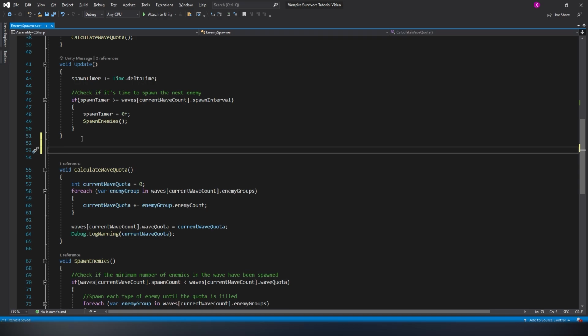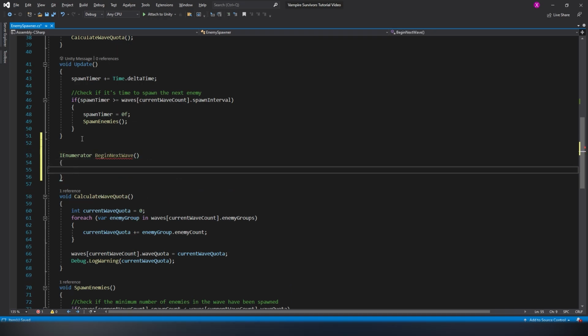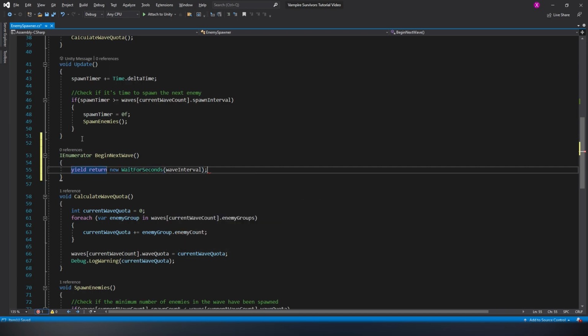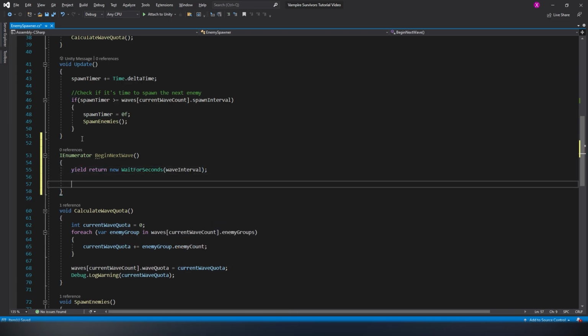Just like how we define a function in Unity using void, to define a coroutine, we have to use IEnumerator. I know it may sound weird at first, but I promise you'll get used to it the more you use it. So inside this coroutine, we want to do a couple of things. First, we want to wait for a specific amount of time before we execute this coroutine. This is done by using yield return new WaitForSeconds, which basically just pauses the execution of a coroutine for a defined amount of seconds. And after the wait, we just have to check if currentWaveCount is less than waves.Count